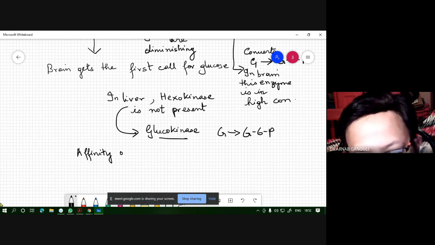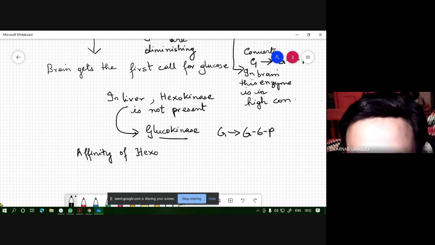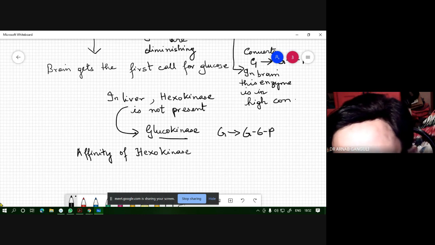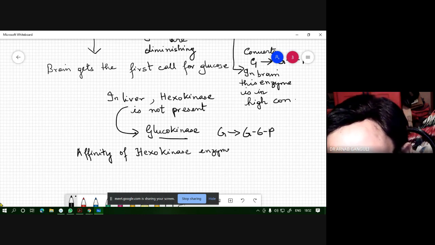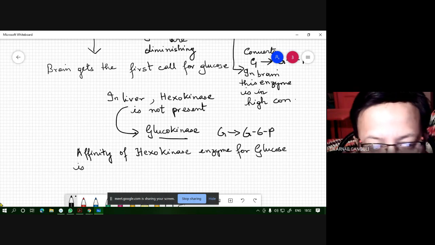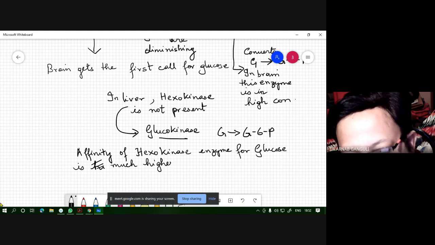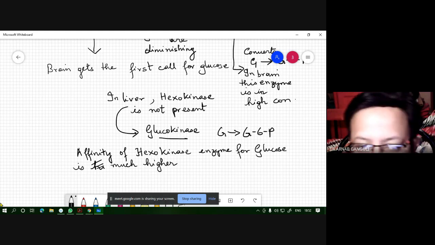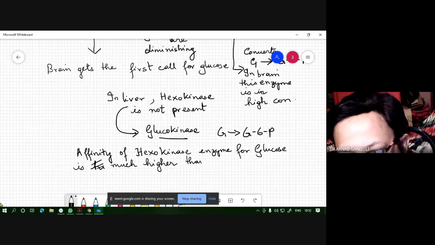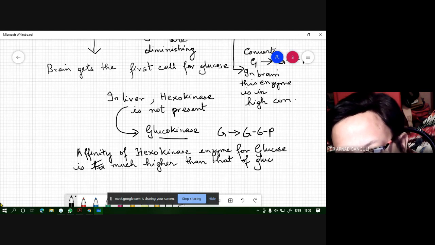The affinity of the hexokinase enzyme for glucose is much higher than that of glucokinase,